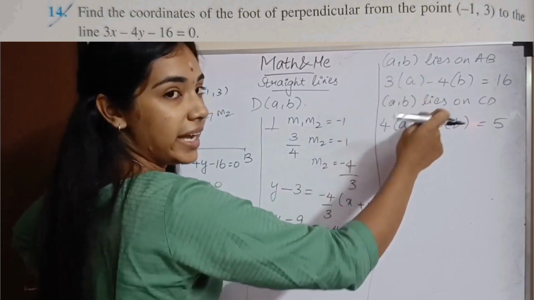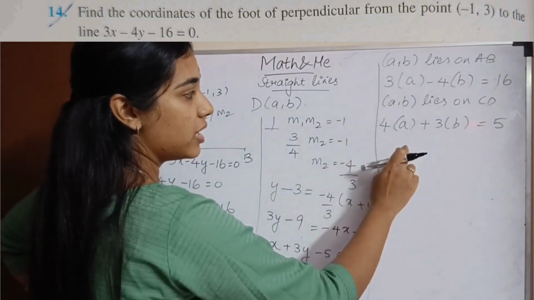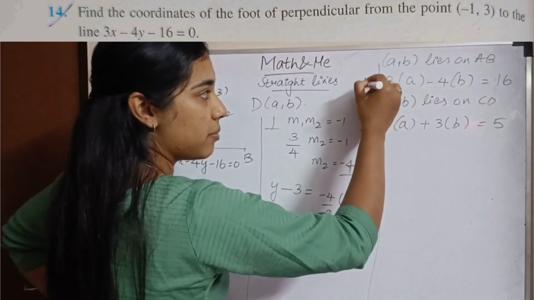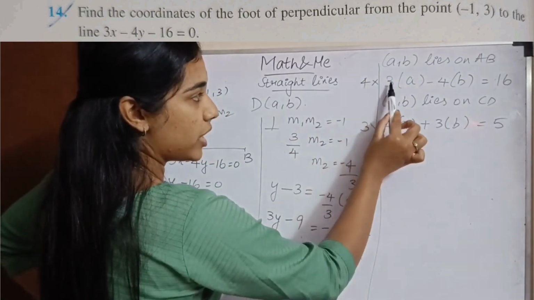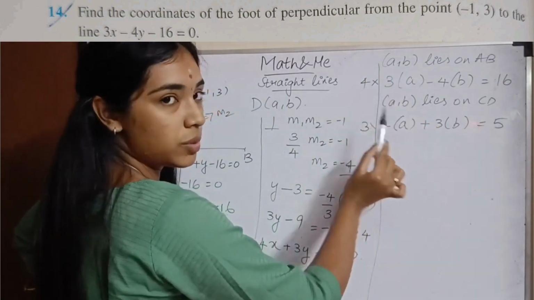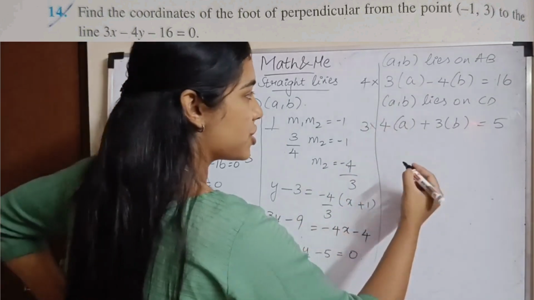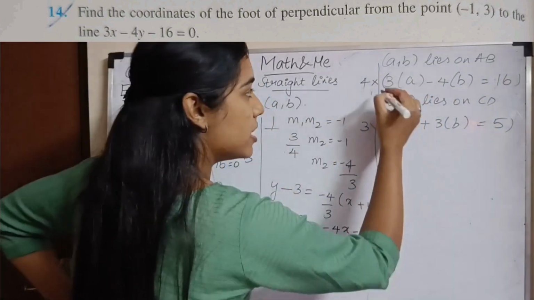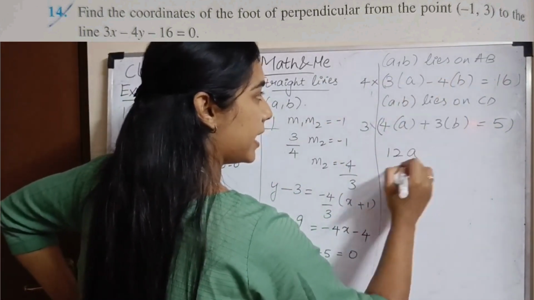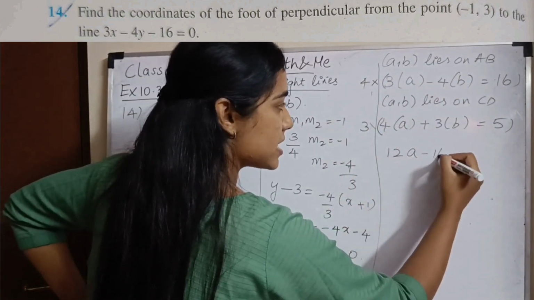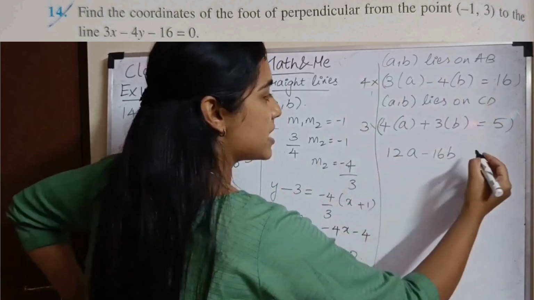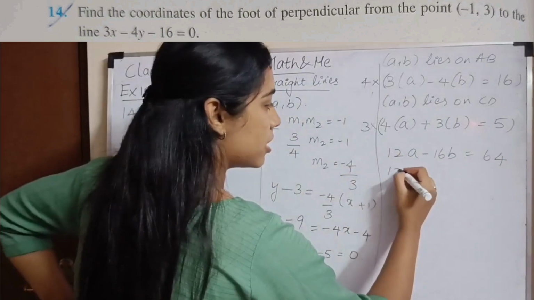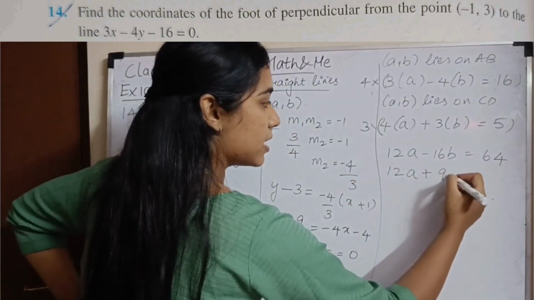I can either cancel A or B terms. So I'm going to multiply this particular equation by 3 and this particular equation by 4. Do you see why? So when I have 4 times 3 and 4 times 3, 12A, 12A, I can cancel both. So what does your equation become? This has to be multiplied to the whole equation. Okay? Don't forget. So first equation is 12A, 4 4s are 16, minus 16B... 4 times 16, 64. Second equation becomes 12A plus 9B